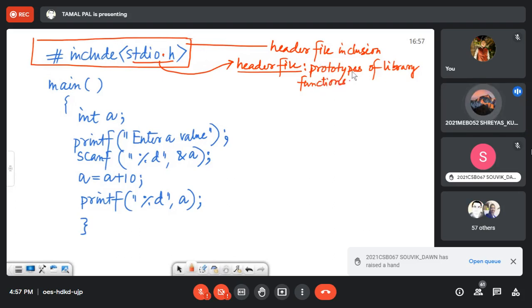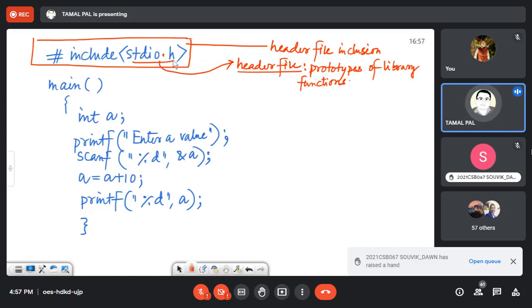Then what exactly do header files look like? It is just a name. It is a special header file known as the standard input output header file, stdio.h.